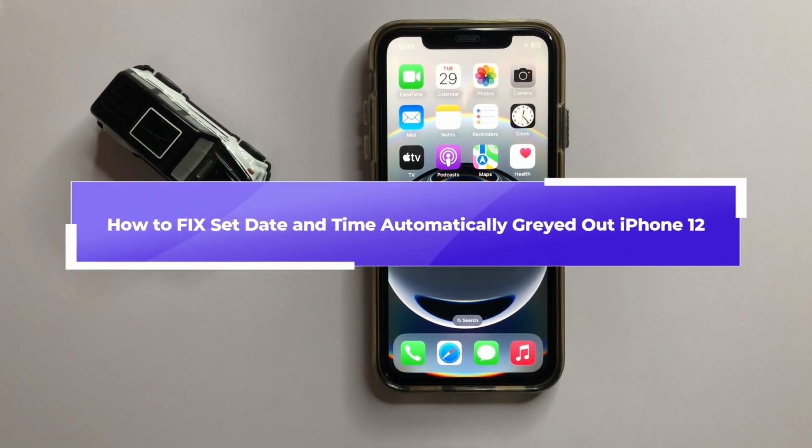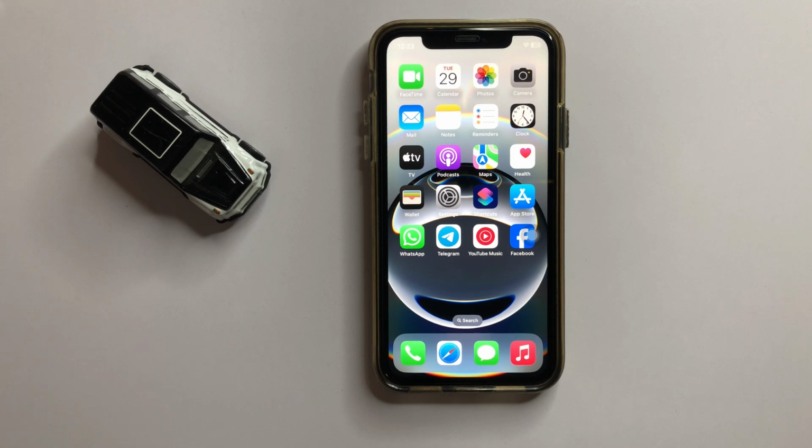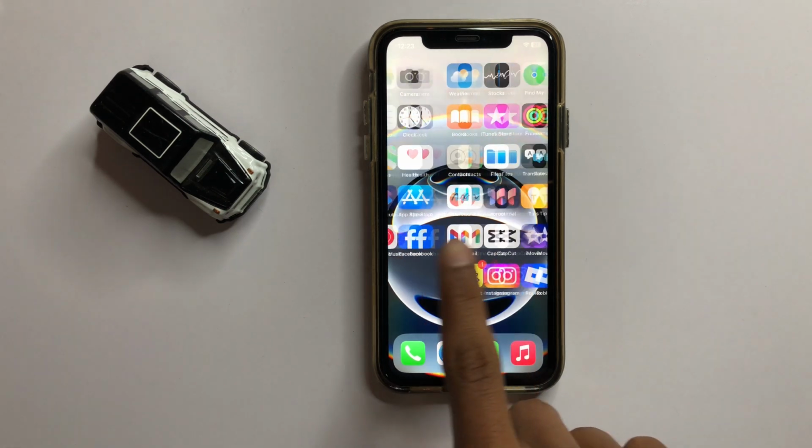How to fix set date and time automatically grayed out in iPhone 12. So let's start the video. First of all, if you want to fix this problem, then firstly open